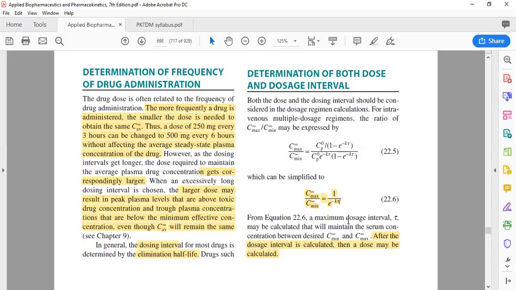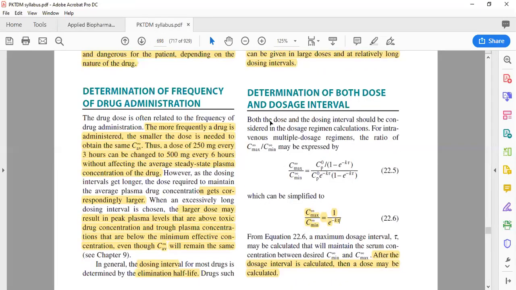Tau can be calculated by having Cmax and Cmin of that drug, and once you calculate the tau, you can put the value of tau in the previous equation that we had discussed in the last class, and you can calculate the dose. So this is all about this chapter: how to calculate the dose and dosing